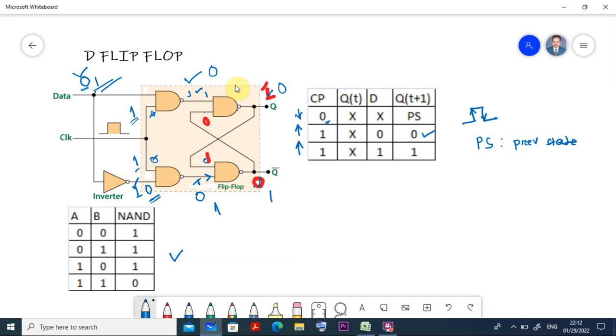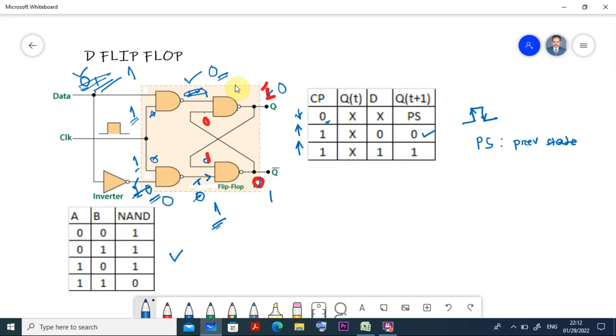When D is equal to 1 here, obviously the inverted D becomes 0 here. When the inputs are 1 and 1, 1 on 1, the output here becomes 0. But when it is 1 and 0, which is equal to 0, the output here becomes 1. So strike out all the other things. Now it is equal to 1 here. Are you getting me? Here it is 1 and here it is 0.